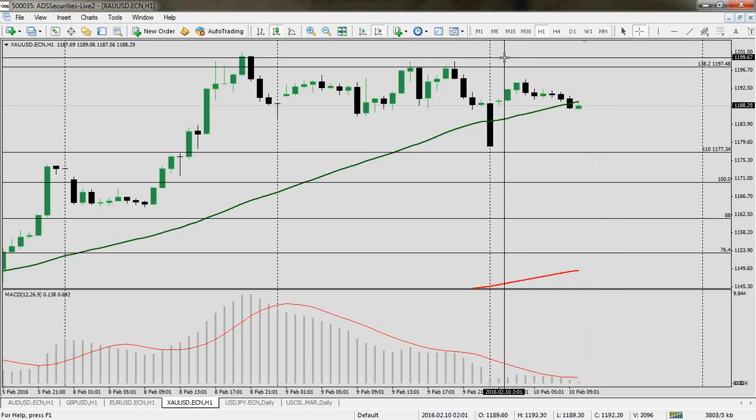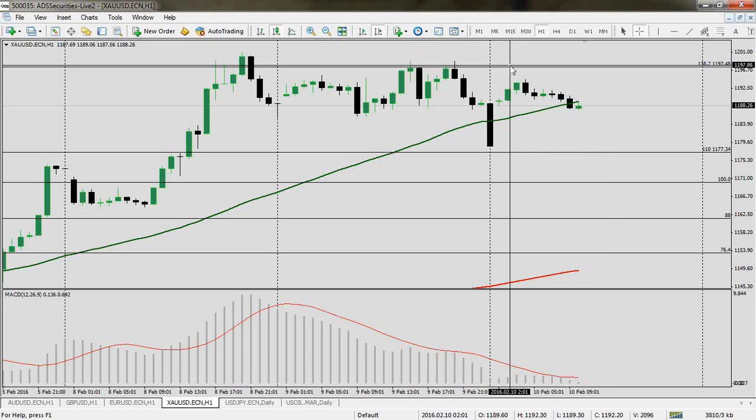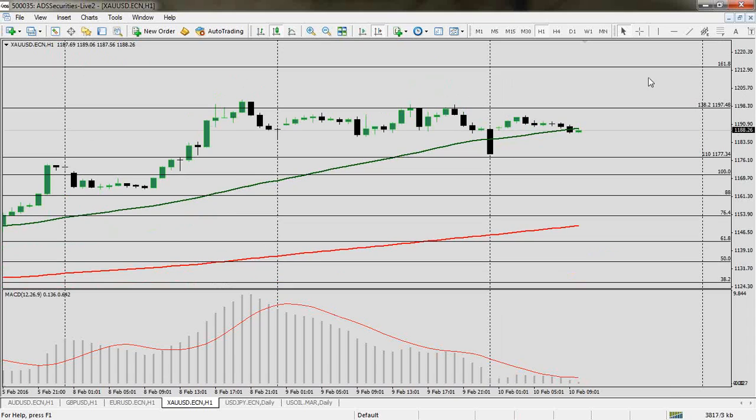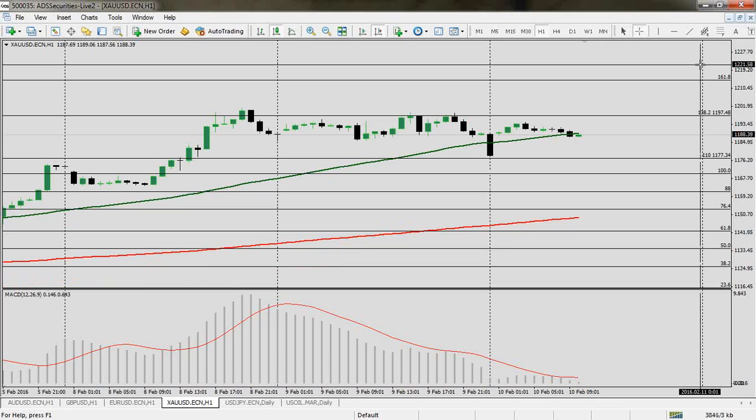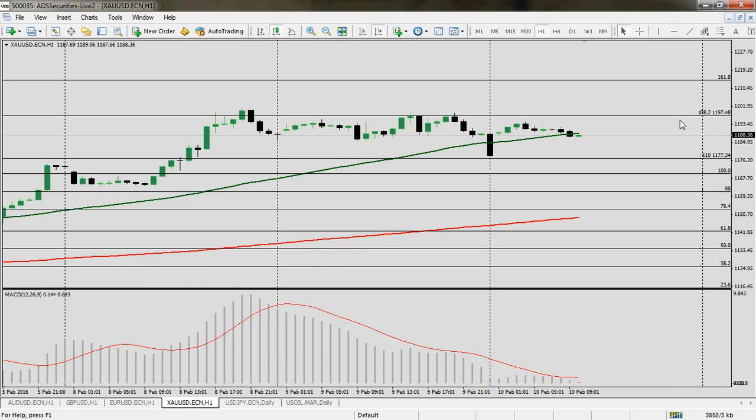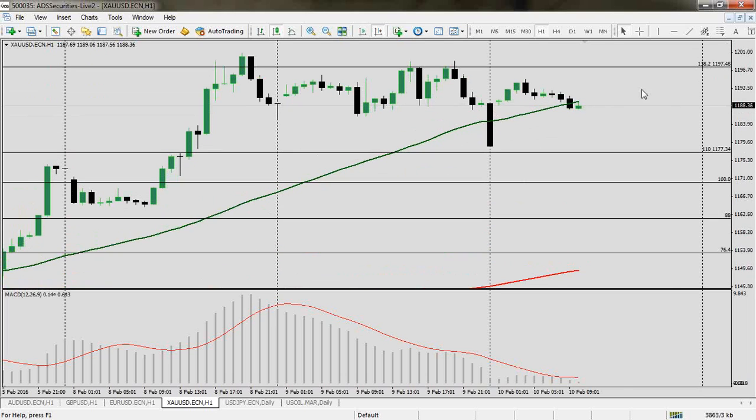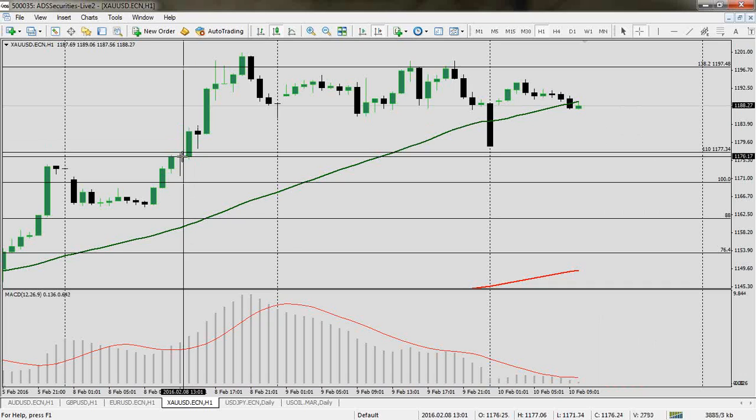Above 1,197, we consider long. And our long targets will be at $1,216 per ounce, and if that level is broken, we can also consider the $1,222 per ounce level. That's for bullish targets. Meanwhile, our bearish targets immediately stay at 1,177, especially for the sake of this specific candle over here,